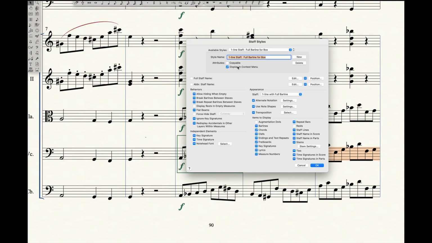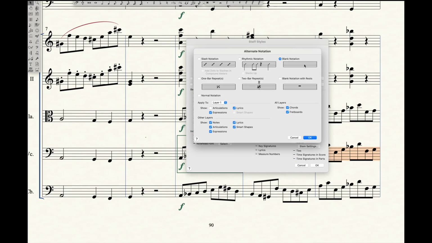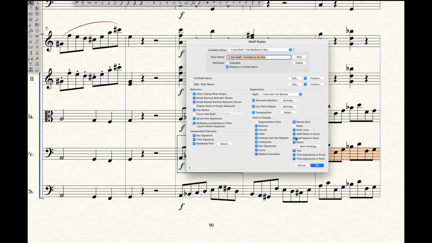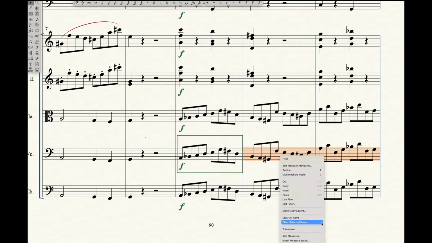Just to explain, I have this particular staff style for one line, and in this, I can hide things. So I can say blank notation, and I can hide the rest and various things, just as an example. And then I can apply that staff style,